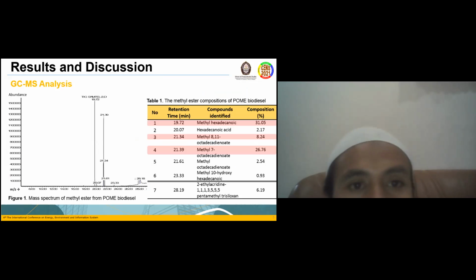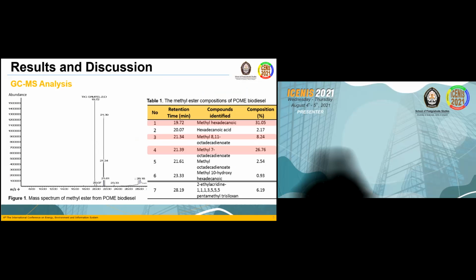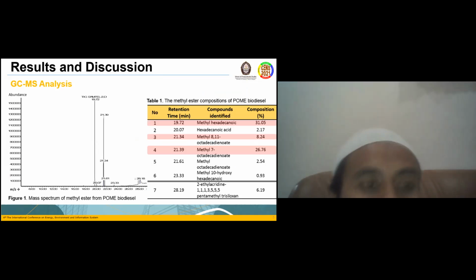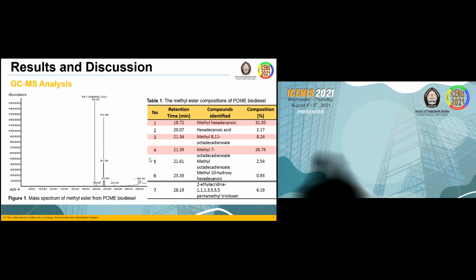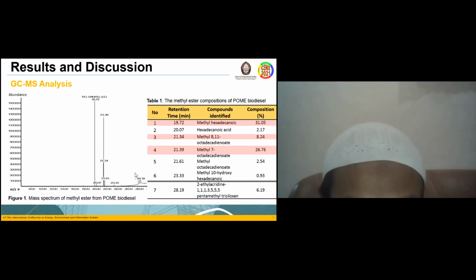Okay, result and discussion. GCMS analyzed the composition of methyl ester of biodiesel produced from POME was analyzed by GCMS spectrophotometry. This analysis results in a specific peak for each component. The methyl ester components that were detected can be seen in figure 1, where